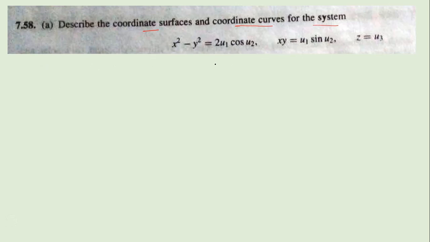So we square and add these two, this is number 1 and this is number 2. Before that, we need to do it from here. So x square minus y square by 2 is equal to u1 cos u2, and this is u1 sin u2. If you square and add, you will get u1 square, right? u1 square cos square u2 plus u1 square sin square u2, so this becomes 1. So this is u1 square, and the right hand side is x square minus y square by 2 whole square plus x square y square.